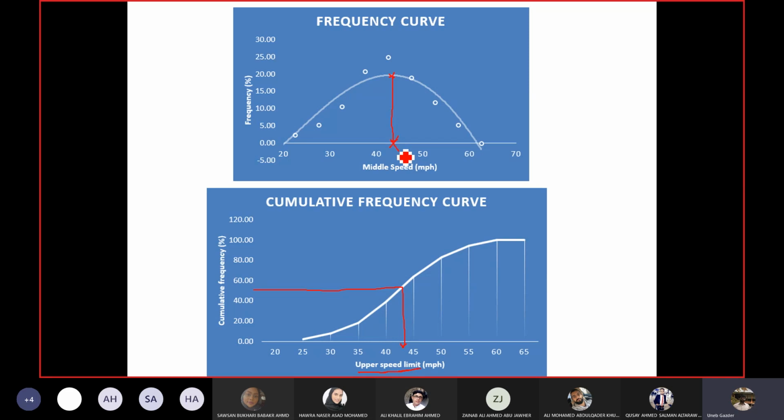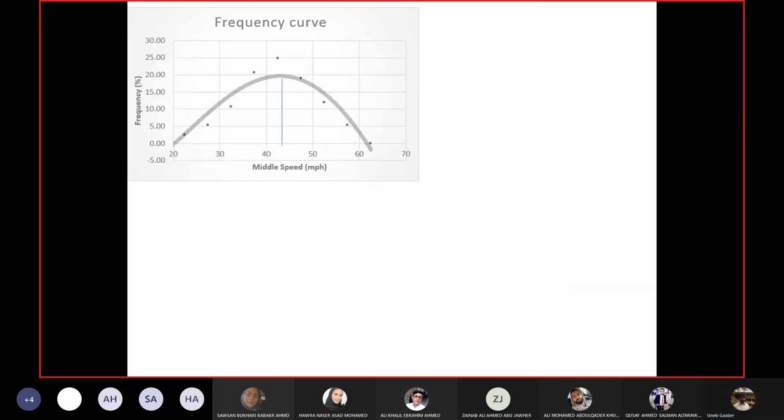And for pace, we said pace is a 10 miles per hour range, which you find in the middle of the curve. To find out the pace, you take a box or a paper or a scale which has width equal to 10 miles per hour on the x-axis. You move this box up and down until the two ends of the box are touching the two parts of the curve. So you find out the speed values here. These are your pace values.